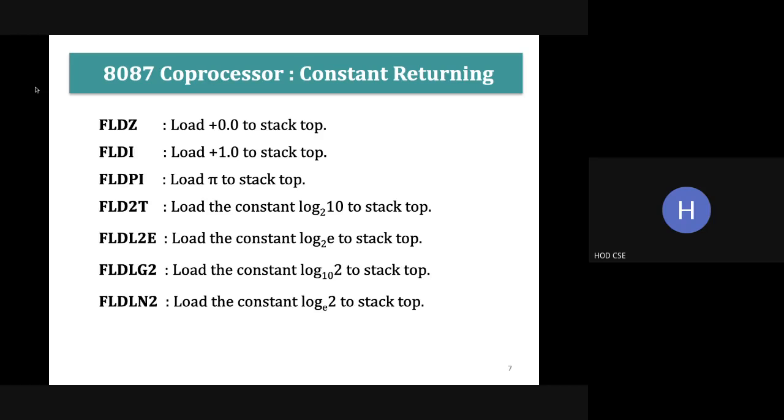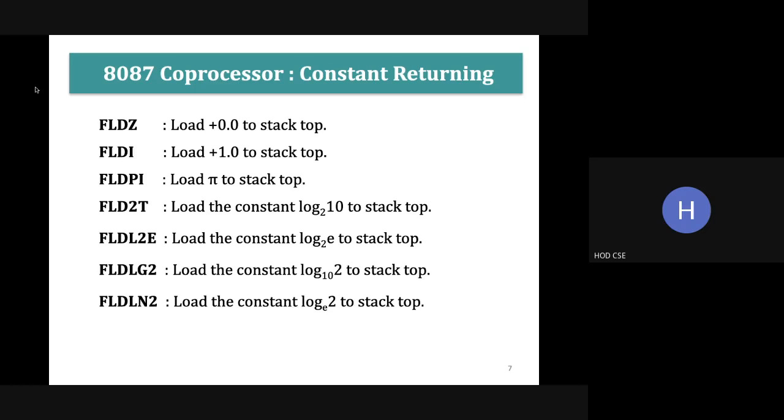stack. And we have a register stack of 8 registers, each register of 80 bits. Okay. So in this 80 bits, we have the mantissa part and the exponent part. So mantissa is 64 bits and exponent is 16 bits. So totally we have 80 bits. FLD1 is to load the value 1 to the top of the stack. And to load the pi value, we have FLDPI. Then to load the logarithmic value of 10 to the base 2, we have the instruction FLDL2T.